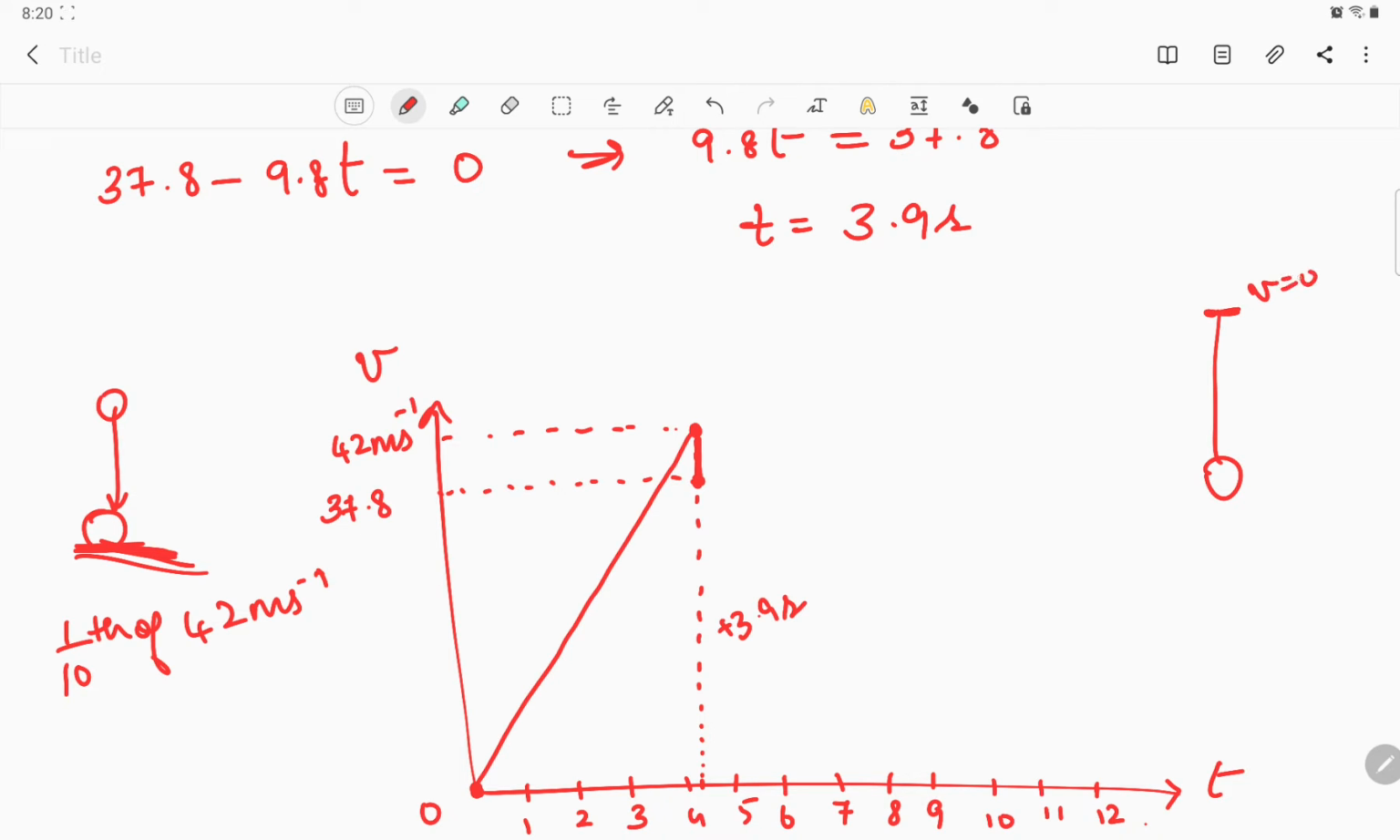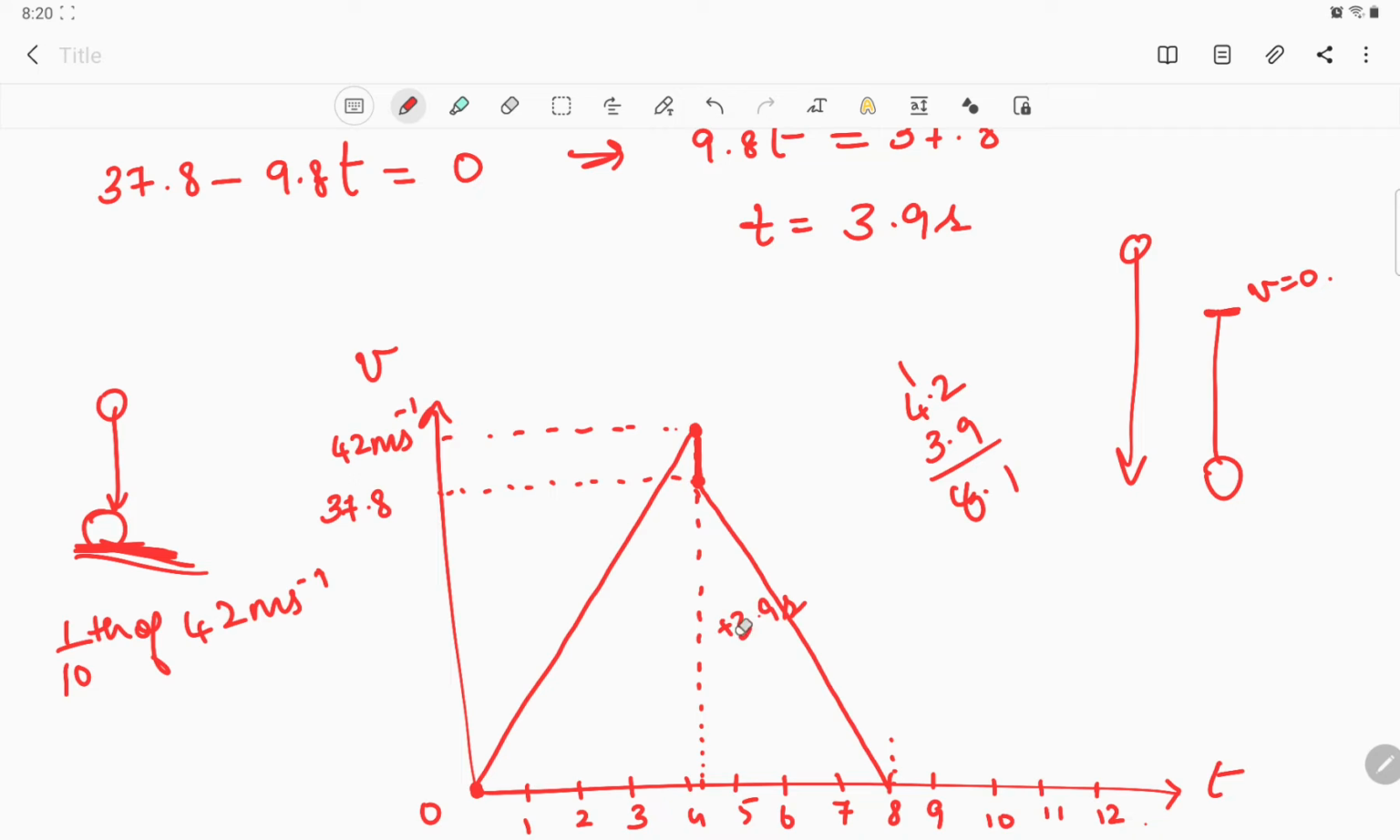So here v is equal to 0. So first the ball was dropped and then now it is going back again. So already we have 4.2. Okay, so 4.2 plus 3.9 is going to give me 8.1. So let me mark 8.1 here. Alright, so this object is going to